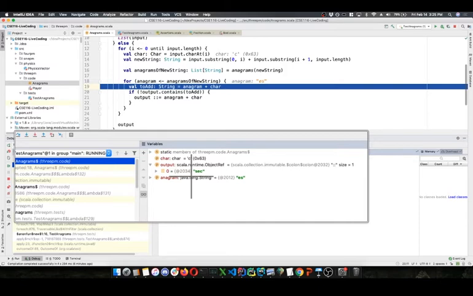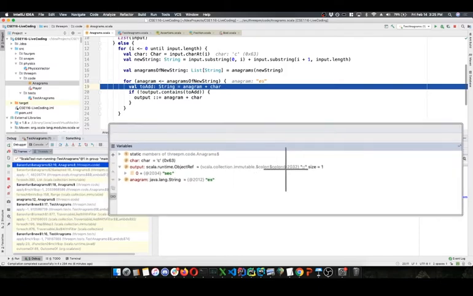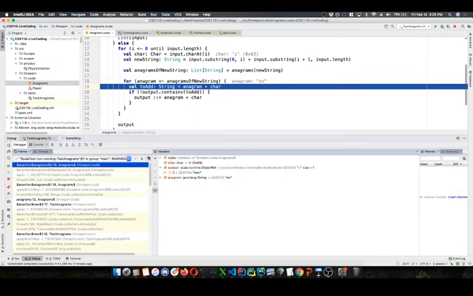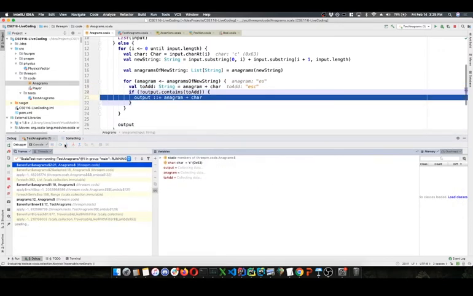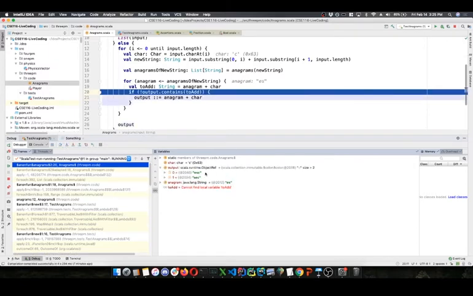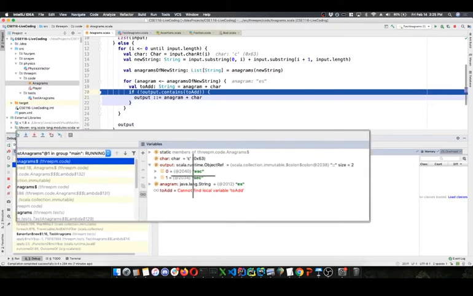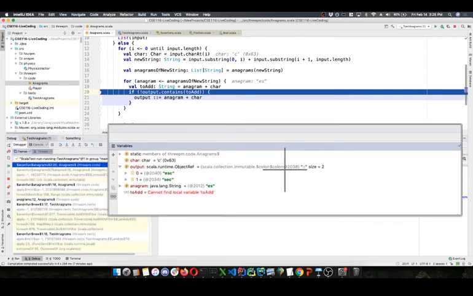SEC, our first anagram that we finally got of length 3. But if we look at our output list, we can see the references as we go through here. So we see stack frames getting put on the stack, but we can also see the references. This output list, the variable named output of type list, currently refers to a list that's at 2032, which is some reference which is going to tell us where to find this list. When I add a new item to this list, ESC, now we're at 2038.